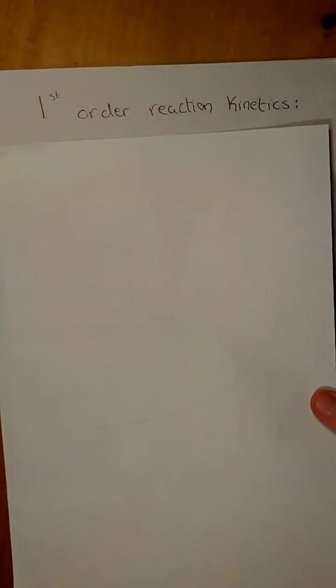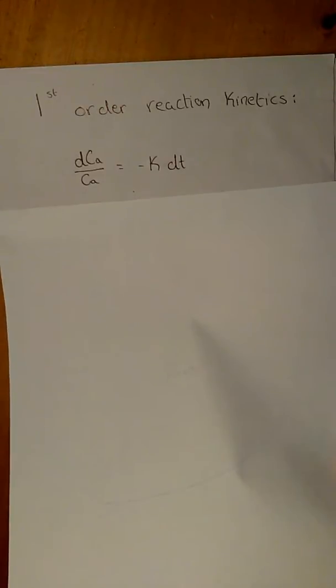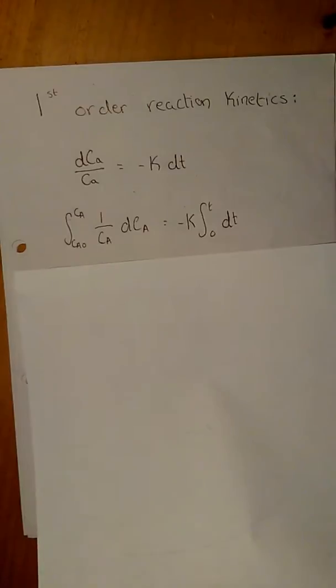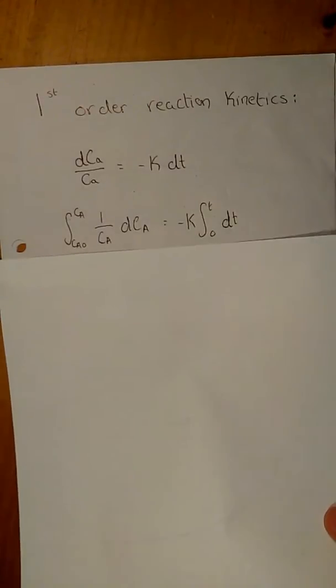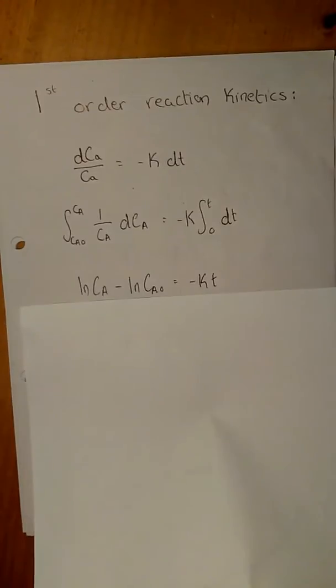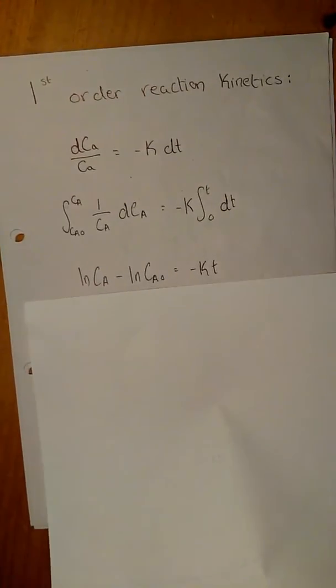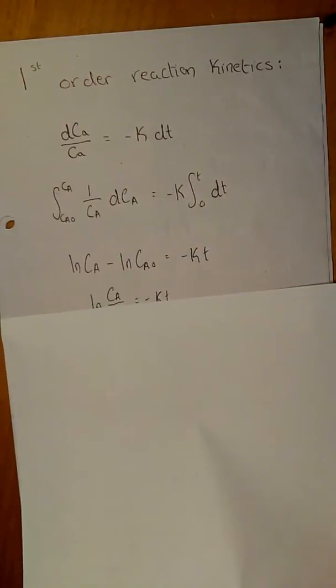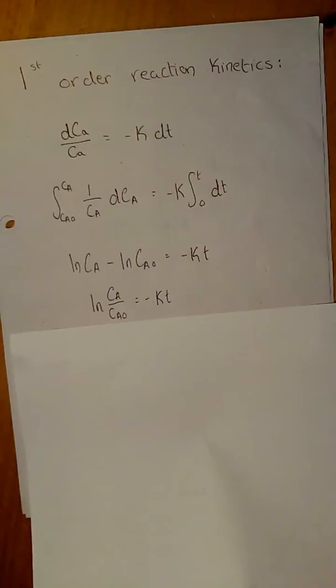So, to start this question, we need to look back at our first order reaction kinetics, where we have dCA over CA is equal to minus k dt, where k is the reaction constant, dt is the rate of change of time, CA is the concentration, and dCA is the rate of change of concentration. Now rearranging, we get the following integral, and solving for this integral, we get natural log of CA minus the natural log of the initial concentration is equal to the rate constant multiplied by time, which gives us the following equation,